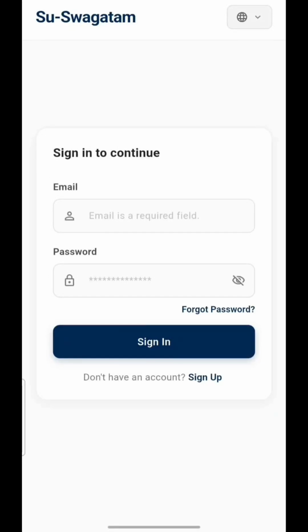So guys, a newer version of the Su-Swagatam app by the Government of India has been launched, and using this you can apply for an e-visa to India. You can also submit an e-arrival and also an FRRO request. So today in this video I'm going to show you how you can use this app to apply for an